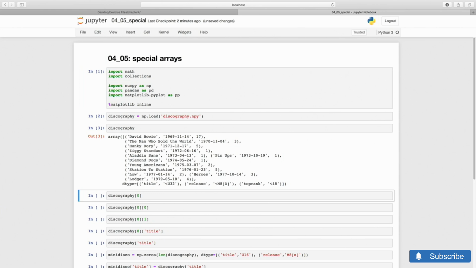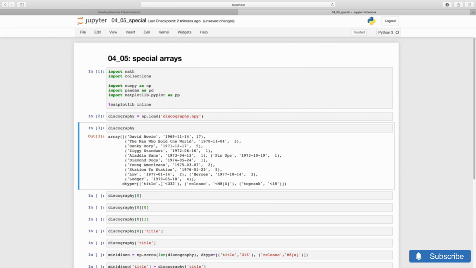Let's look at the data type. It's a list which shows the name of each field and the actual dtype. For title, it's U32, which denotes a Unicode string of maximum length 32. For release, it's M8 brackets D, which denotes a datetime object with granularity of days. It could be as small as a nanosecond, in fact.